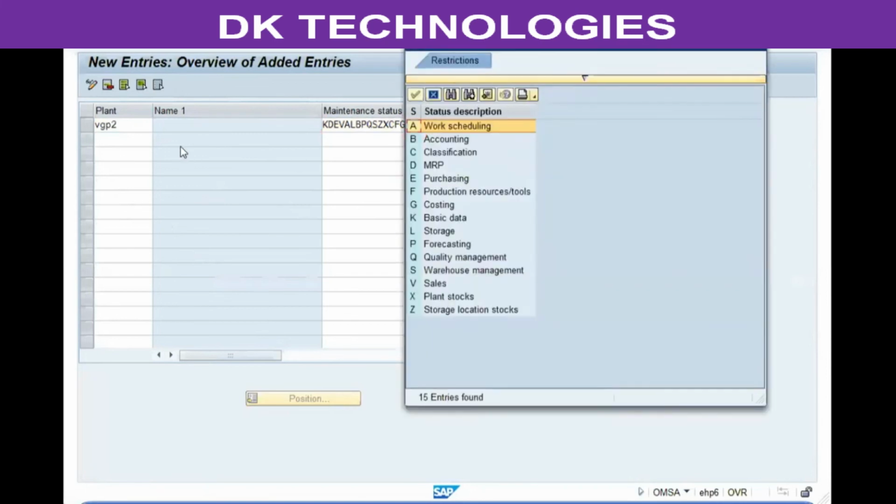Okay. And so work scheduling is not required, classification is not required, MRP is not required, purchasing is not required, production resources, costing, forecasting, quality management. These are not required for this plant. So let's go ahead and delete those maintenance status codes. So I don't want A, C, D, E, F,